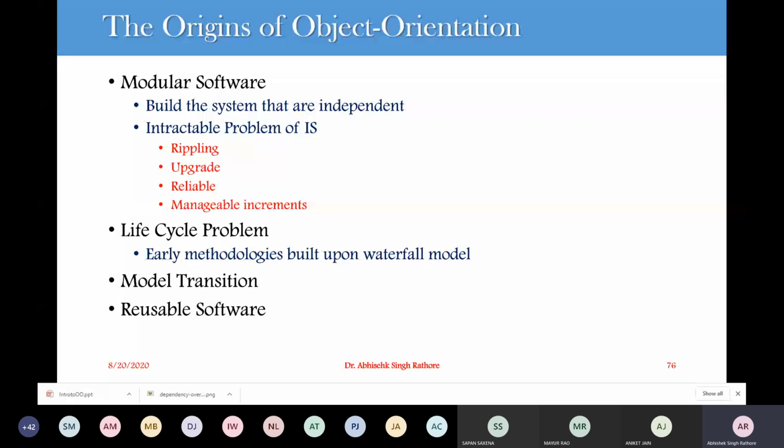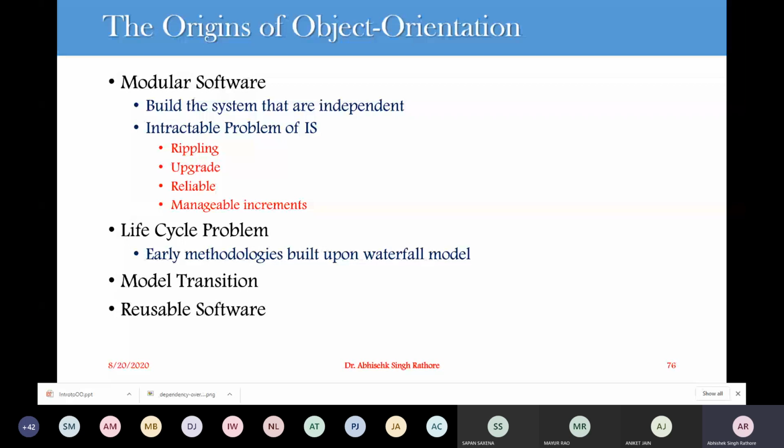So in the structured or procedural approach to information system development, the models developed during the analysis phase have only an indirect relationship with the models developed in the design phases. So we have different models that are not directly related to the models in the analysis phase or the design phase. So what is the problem? The problem is that even if you have a very good design, it is very hard to trace back the original requirements.